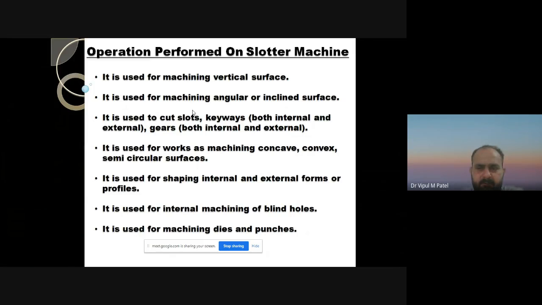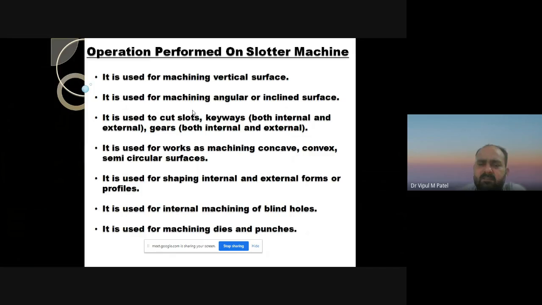I hope all of you have some idea regarding the different forms and profiles of gears also. So with this machine, we can also make a cut. We can use it to give shape to external and internal forms of the profiles. It is used for internal machining of blind holes. If we want to make a slot in blind holes, then we can easily make a slot vertically with the slotter machine.